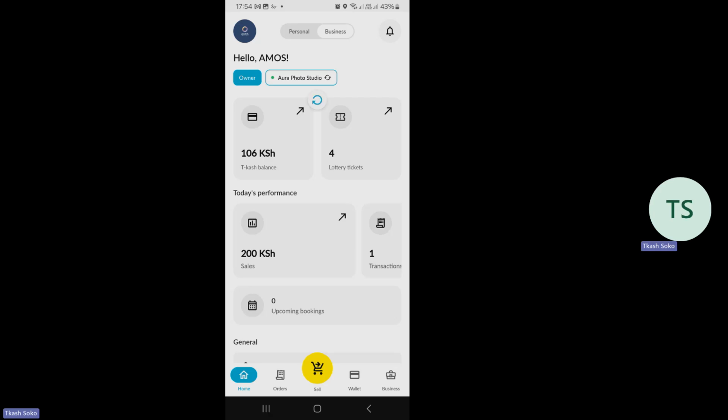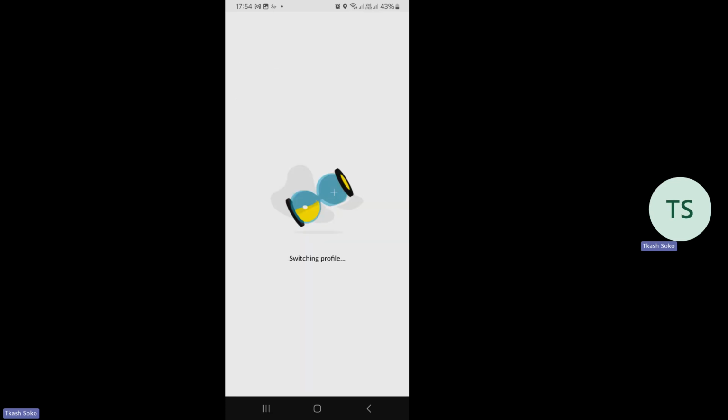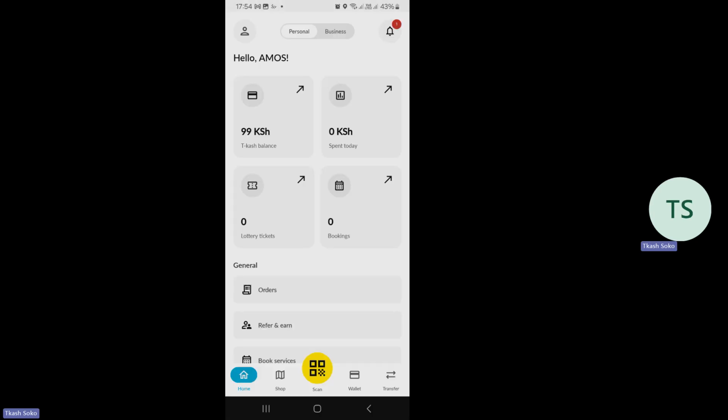How do you do that? For you to do your KYC, you need to switch from the business to the personal side of the app. So nikiguza personal pale juu, in between the business logo icon and the notification bell, if I touch on the personal side, it switches in a moment. One thing you will notice, T-kash balance na huku pia imechange.